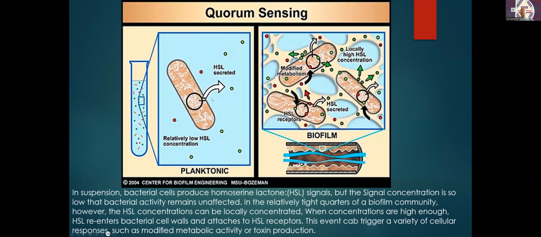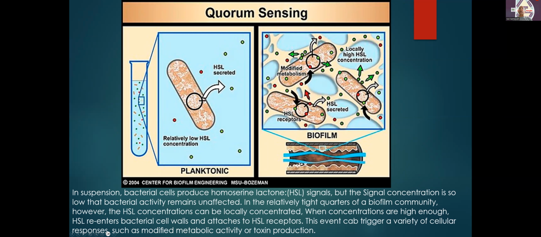Biofilm bacteria secrete communication signals called homoserine lactones. These homoserine lactones continue to accumulate, and the bacteria have signaling communication between themselves. It could be MRSA, it could be Pseudomonas. They keep talking to each other, and after a certain time, when there's an adequate amount of homoserine lactone accumulation,